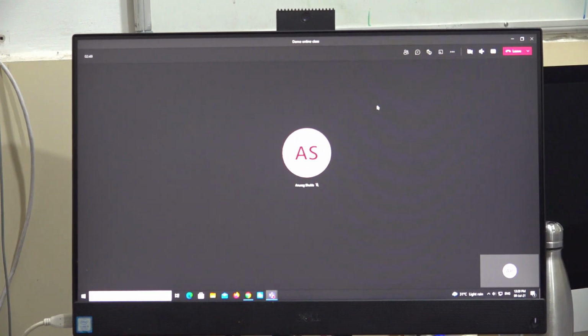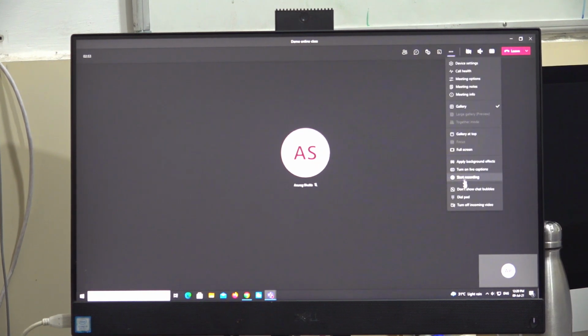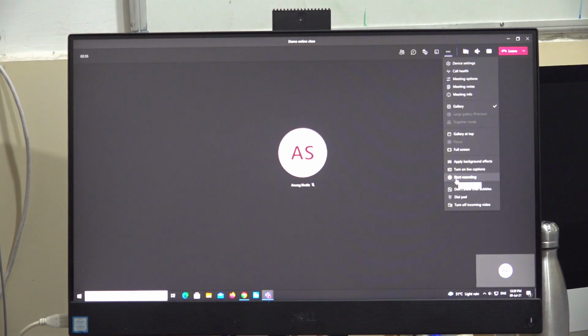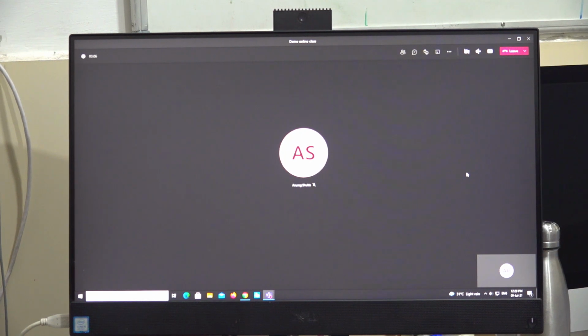First, we need to record our classes. So we'll click on these three dots. Then over here it says start recording. So we can start the recording, and all of the students will receive a notice on their screens that the video recording has started. So we'll quickly check that on the attendee screen, and then we'll come back on